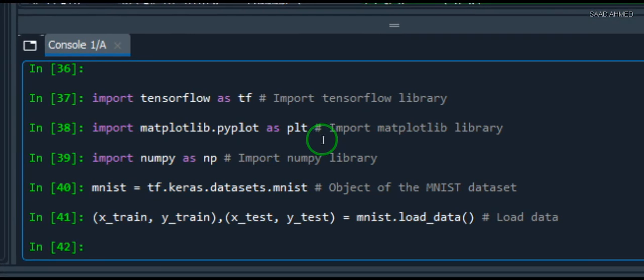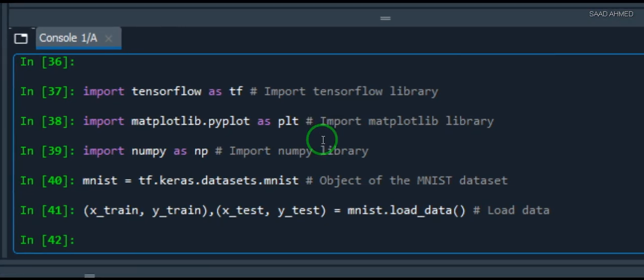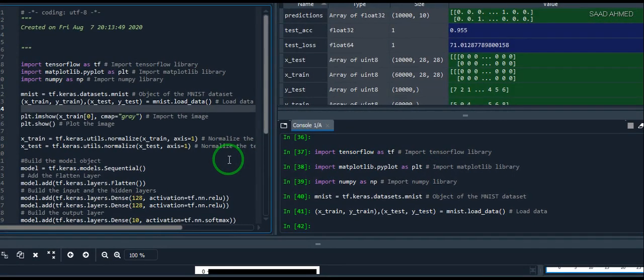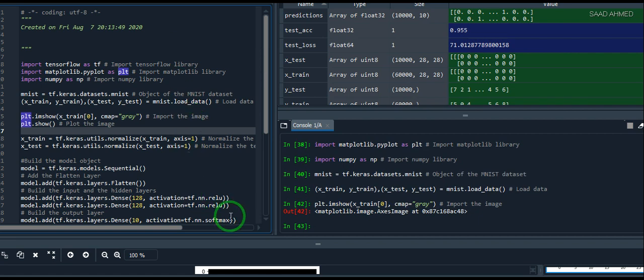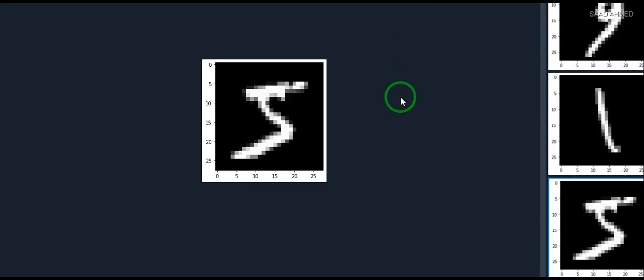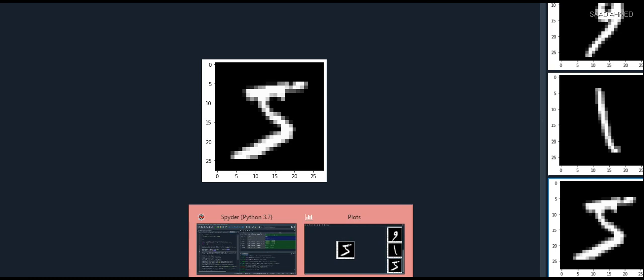As you can see here, I have imported TensorFlow, Matplotlib, and NumPy. Then I have also imported the MNIST dataset that I told you about, and now I am going to proceed further by importing an image and then displaying it. So the image is displayed, and you can see the image here, and it's 5. Now going back,